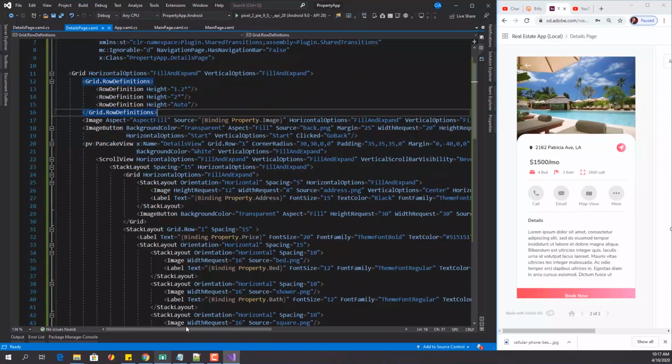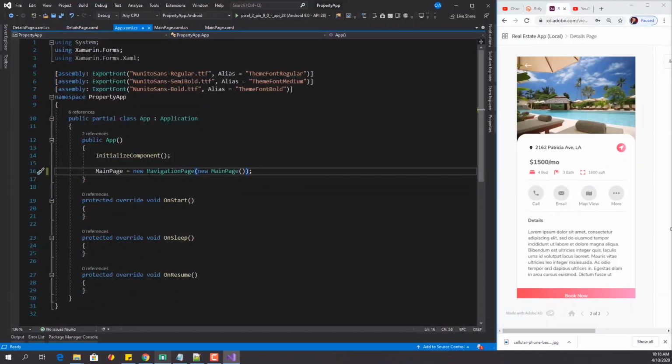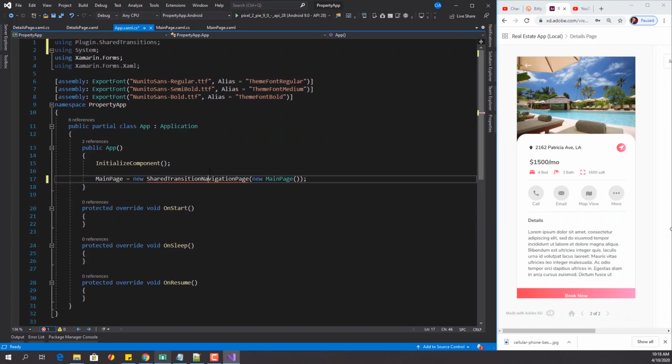Then for that to really take effect, we have to remodify our navigation page. So we have to make use of the shared transition navigation page instead of the navigation page. So let's have this shared transition navigation page, and let's resolve the using statements so that this can handle the